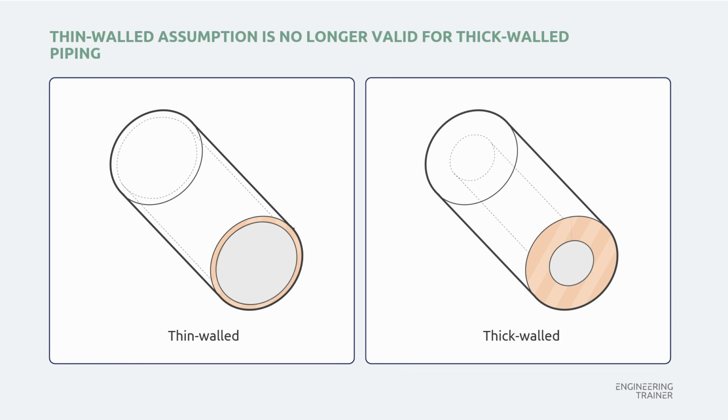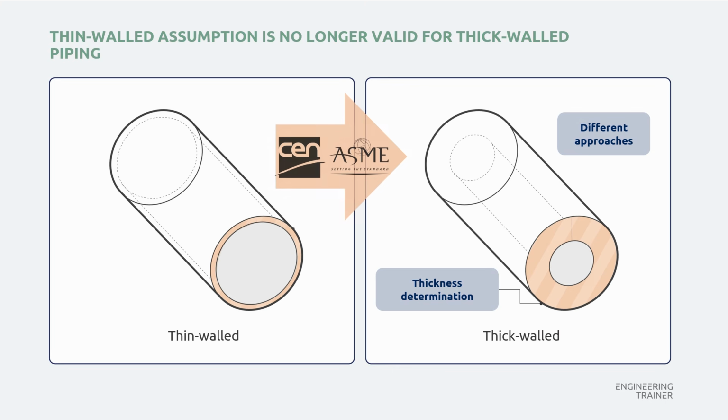is no longer valid. In this module, we will discuss the different approaches for determining the required wall thickness between the thin-walled to thick-walled piping calculation methods and the transitions specified by the EN 13480 and ASME B31.3 piping codes. Each code has a similar but different approach on how to deal with thick-walled piping and how to determine the